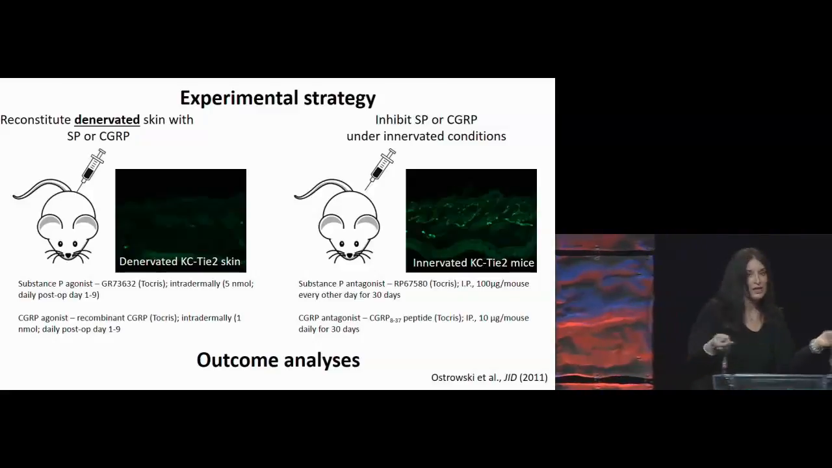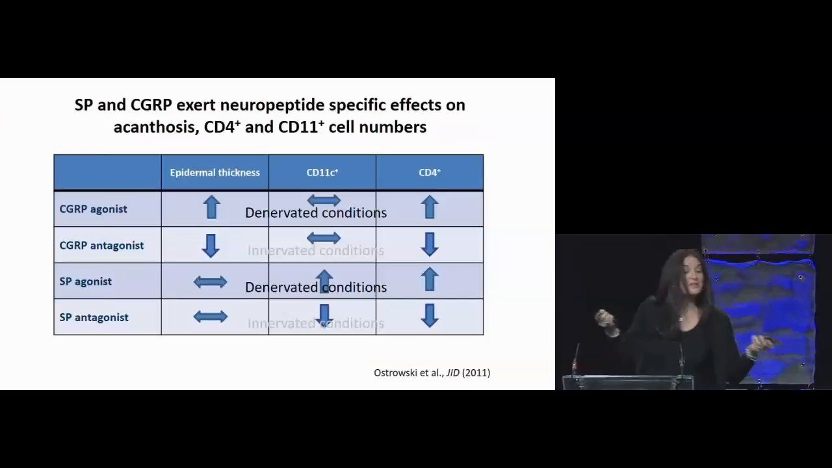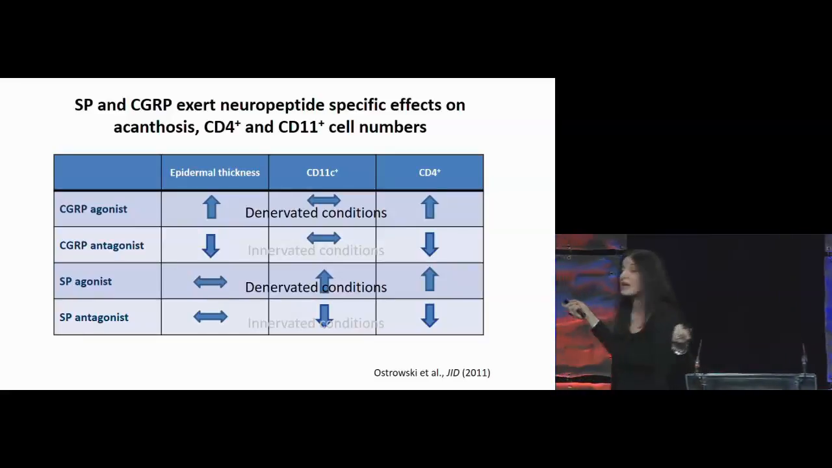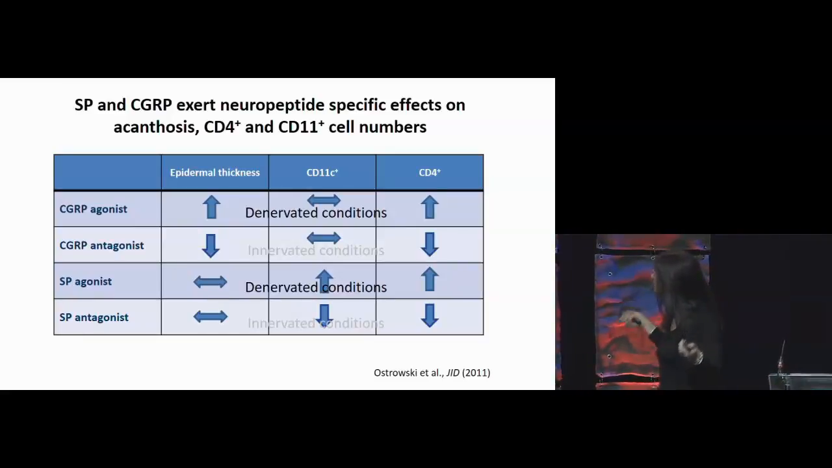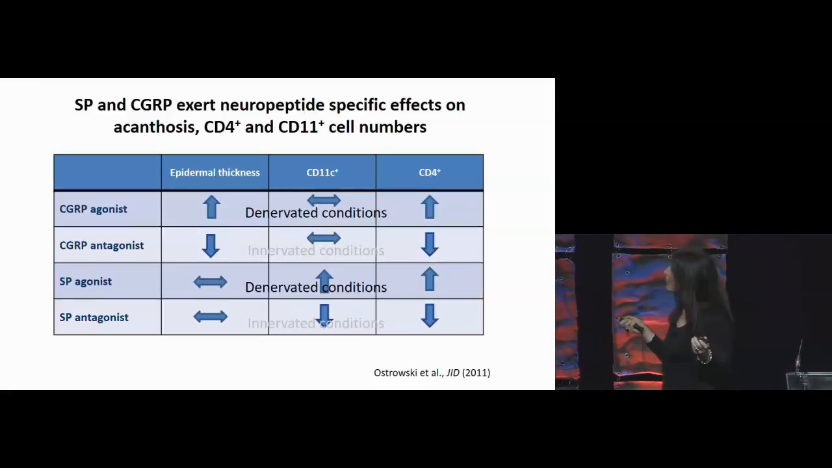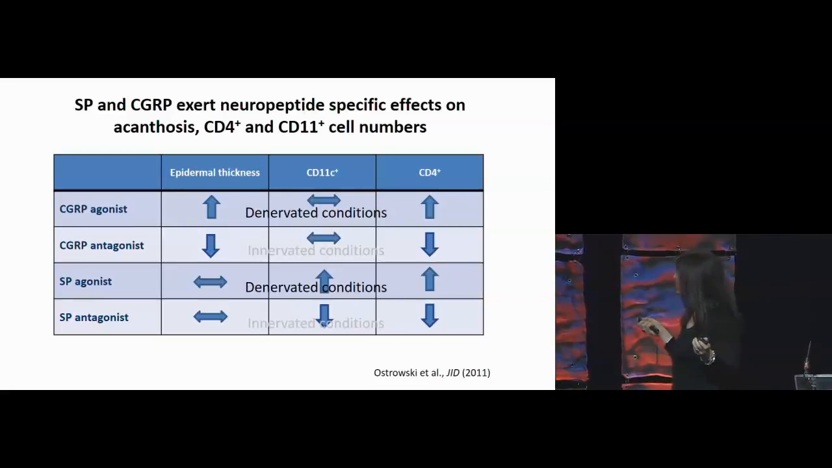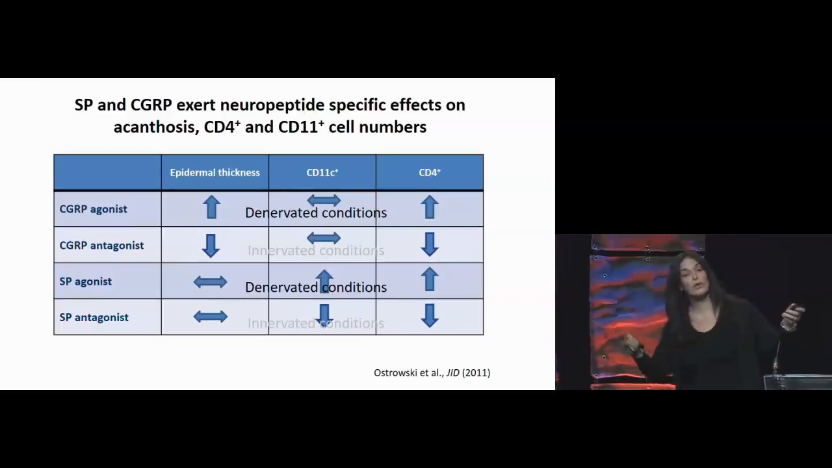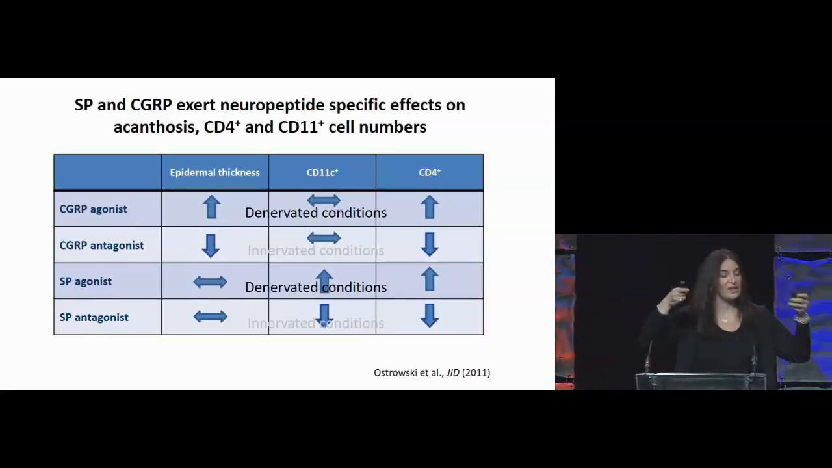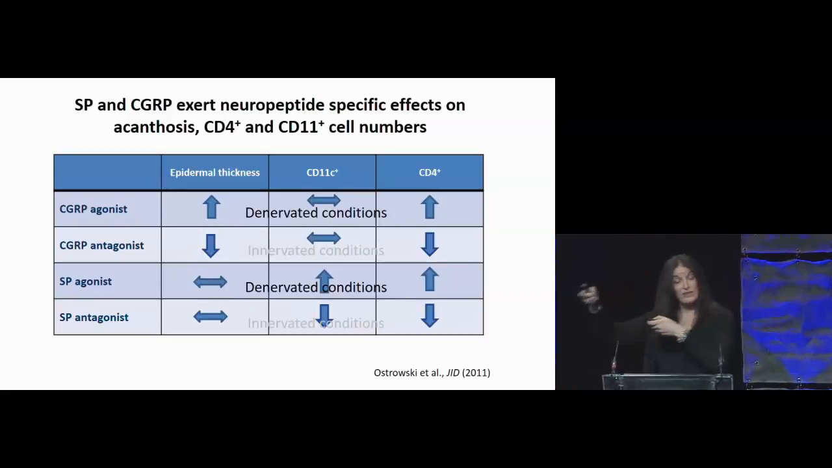And then we looked at the same outcomes that I just told you about. So this slide is probably a summary of 100 mice, and what I want you to appreciate from it is that the neuropeptides have a cell-specific effect. CGRP has no effect on dendritic cells, but can influence both the epidermal thickness and T cell numbers. Substance P, on the other hand, has no effect on the epithelium, but can influence the dendritic cells and the T cells. And so we're working now to try and figure out whether these effects are specific, direct effects, or